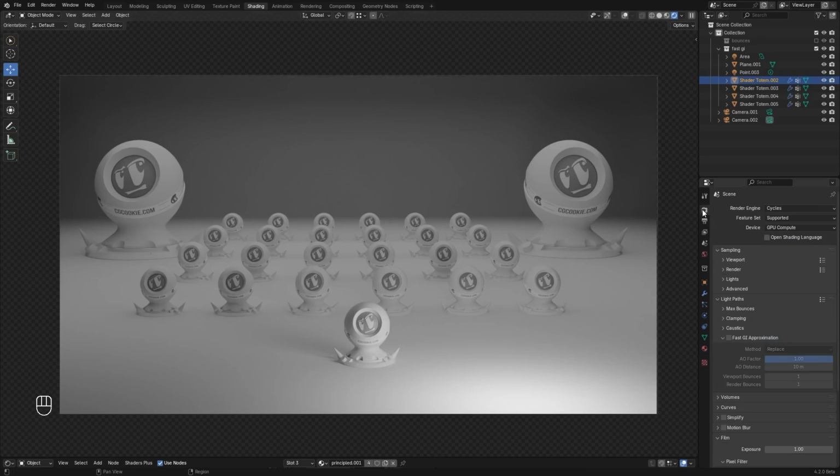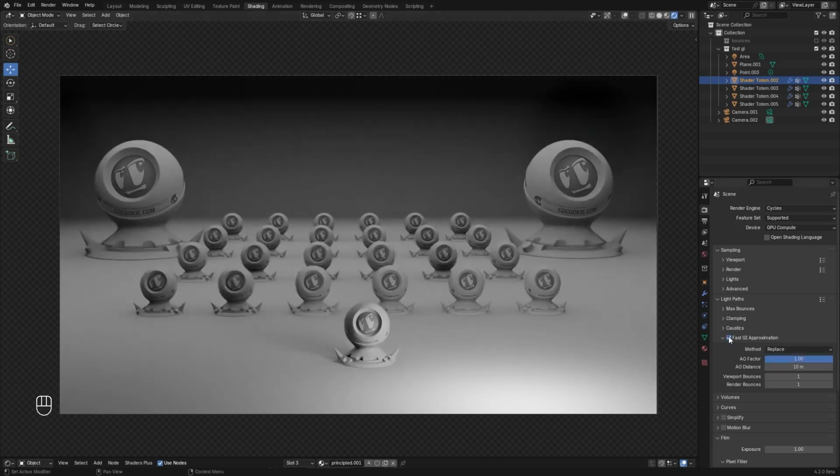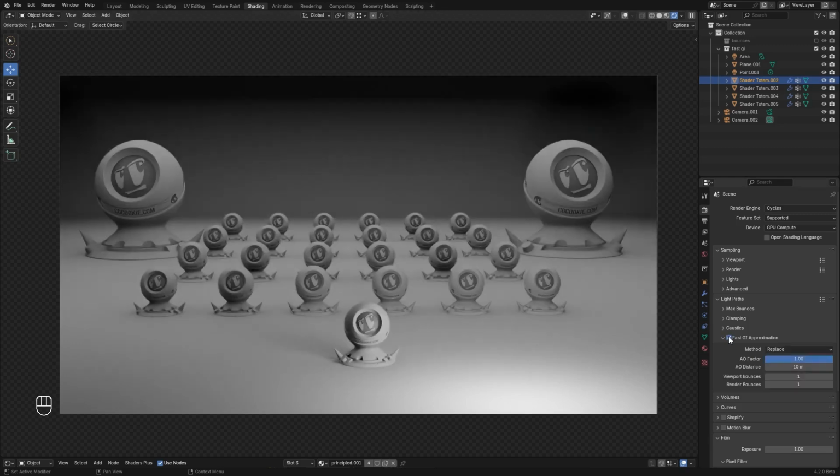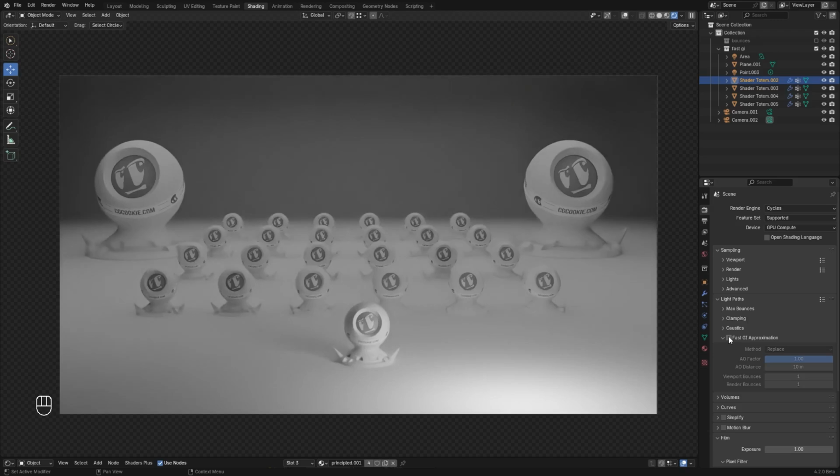FastGI approximation refers to a technique used to quickly approximate global illumination, which is the simulation of indirect lighting with background tinted ambient occlusion in a scene, where light bounces off surfaces and illuminates other areas, creating more realistic lighting effects. Thanks to FastGI approximation, we can achieve a quicker, though less accurate effect of global illumination without the intensive